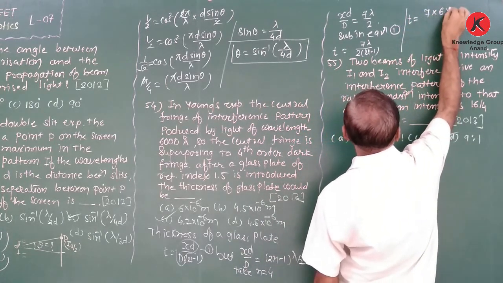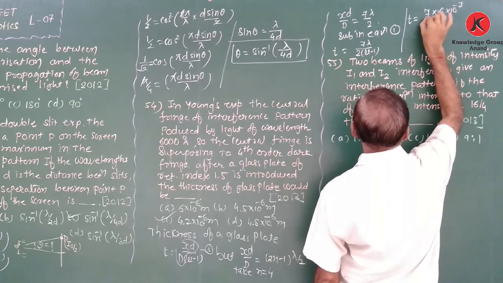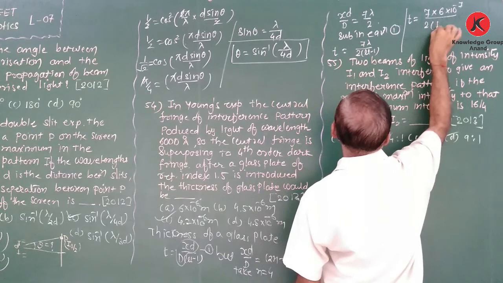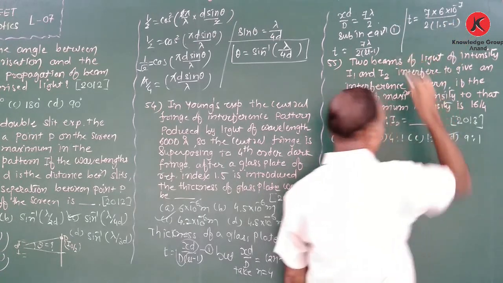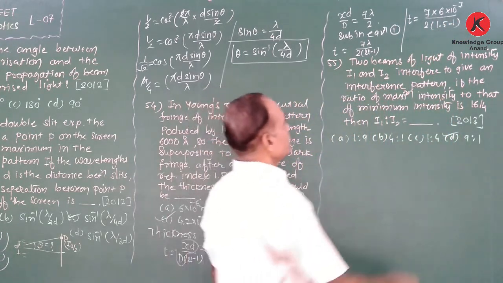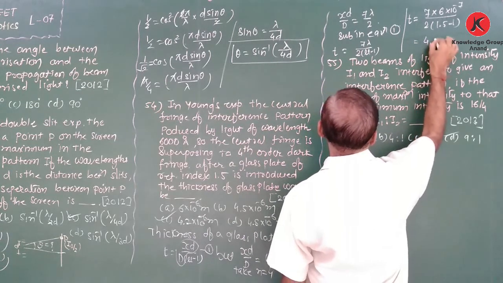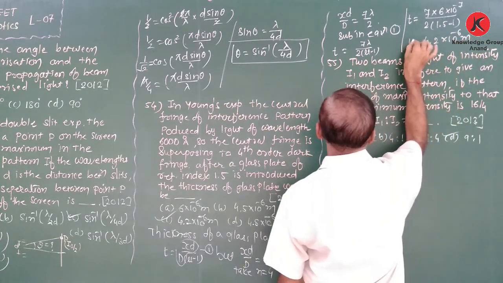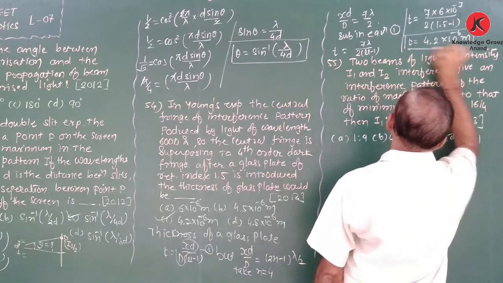Wavelength is 6 into 10 to the power minus 7 meter, 6000 angstrom, and here 2 into (1.5 minus 1). Therefore, we obtain 4.2 into 10 to the power minus 6 meter